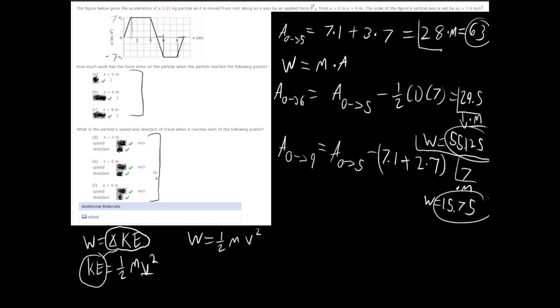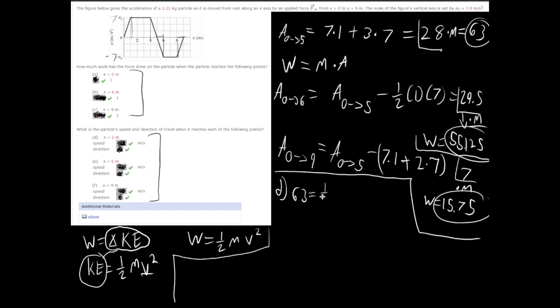Plugging this in, starting here, for D, we said that for 0 to 5, our work done is 63. We have 63 equals 1/2, and our mass is 2.25